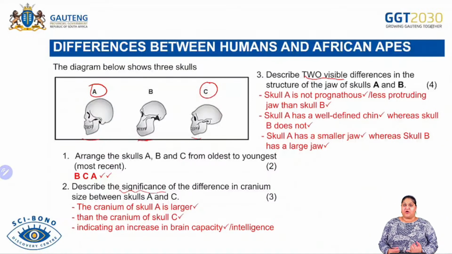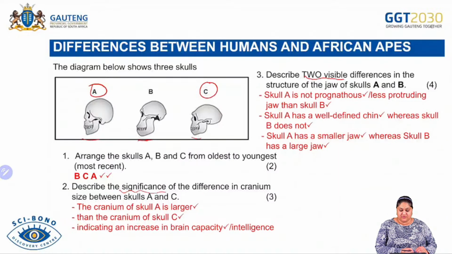So in this one, we can't speak about the diastema because you can't see it. That's how it's different from the previous one. In this one, we could speak about the chin. In the previous one, we couldn't speak about the chin because the previous question was talking about the upper jaw. So it's very important that you look at the question nicely. It's not always about what you studied. You need to apply what you studied to the question that's in front of you and the diagram that has